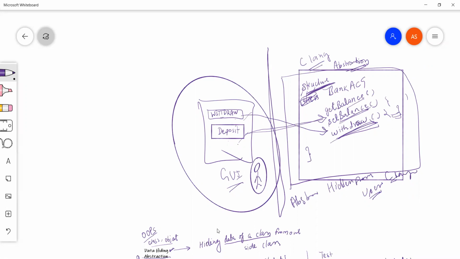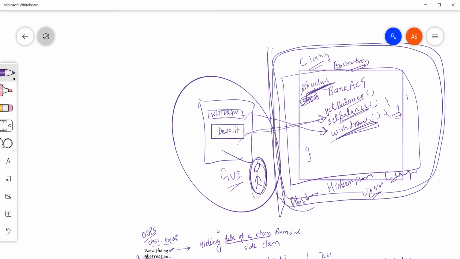What I'm trying to convey here is a layman example. We are not concerned about the language for now; we'll come to the language level later on. If we see the system, yes, abstraction is there, because the user doesn't really know what is happening in this system.